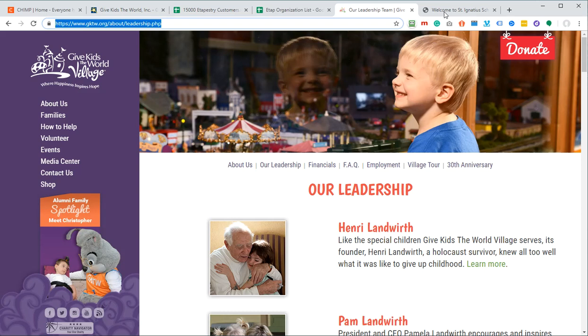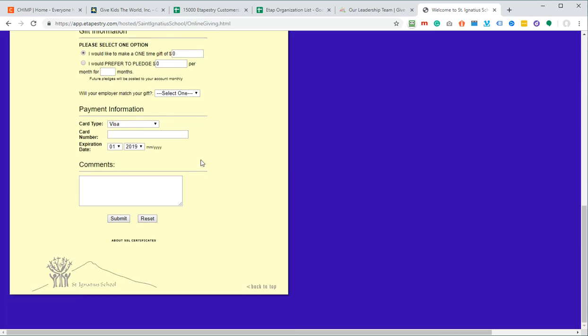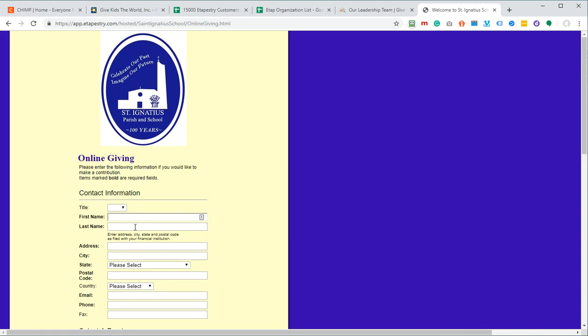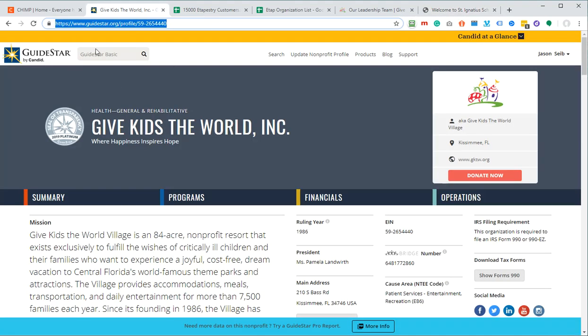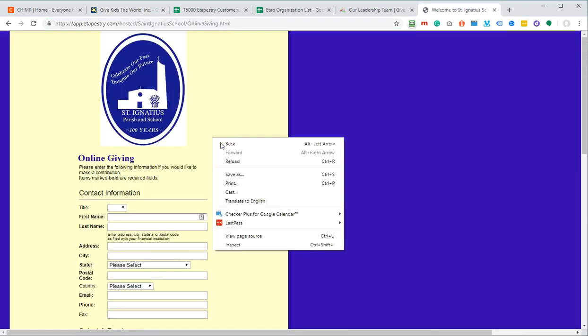There are going to be others like this one here that are not so easy. In this case, the process is going to be very much the same. We don't have any data really about the organization on the donation page, but we do have a name here in the logo. So there's a couple things you could do. You could just type that name into GuideStar here and do a search. Alternatively, and perhaps a better way, if there's more than one result when you do the search here, just do view page source